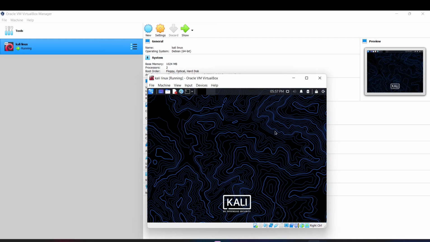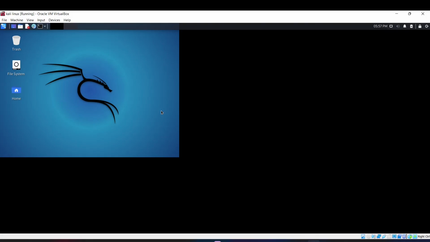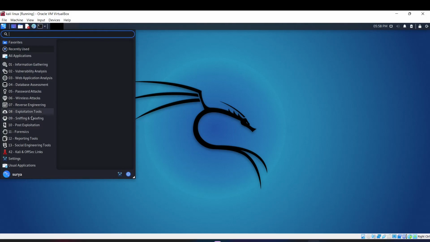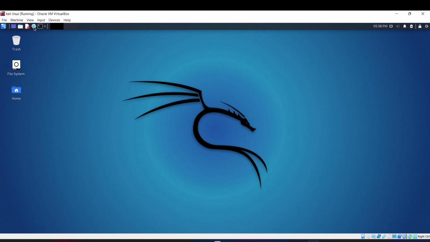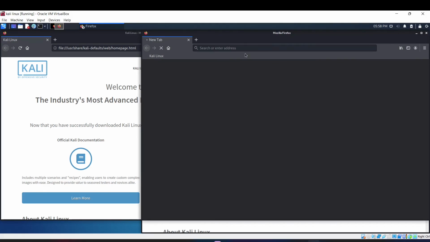Okay, so this is the Kali machine 2021, and this is how it has been installed. It automatically detected the screen size and maximized the screen. Right now, as we can see in the options, all the tools and everything is available. What is this special globe symbol? As we can see, this is the web browser. When we click over here, it is going to open the web browser. This is Mozilla Firefox.